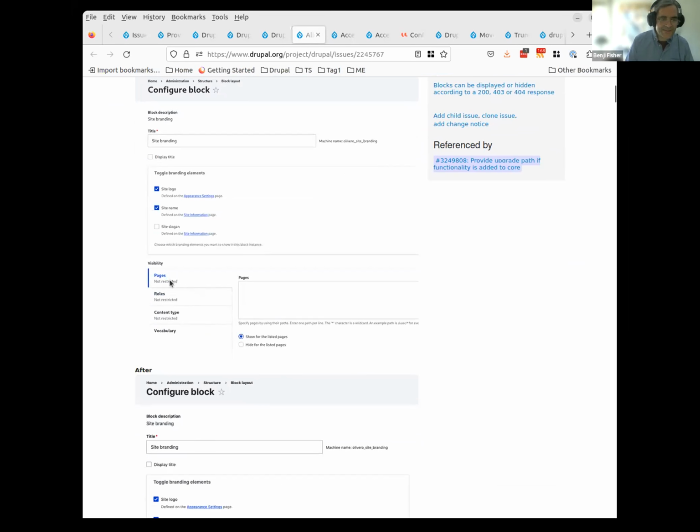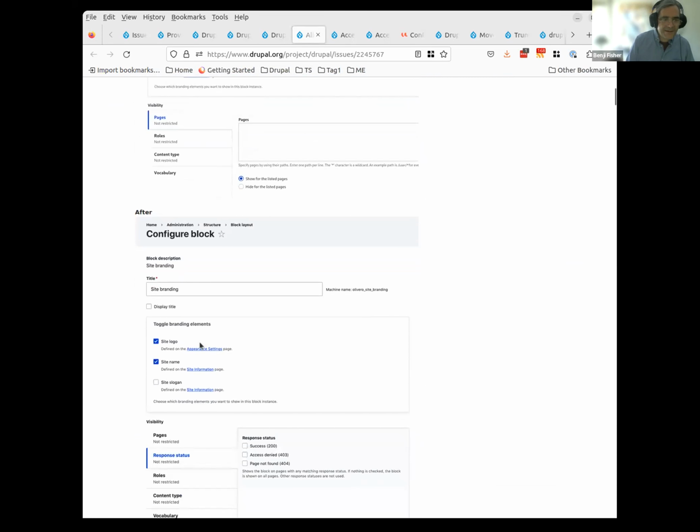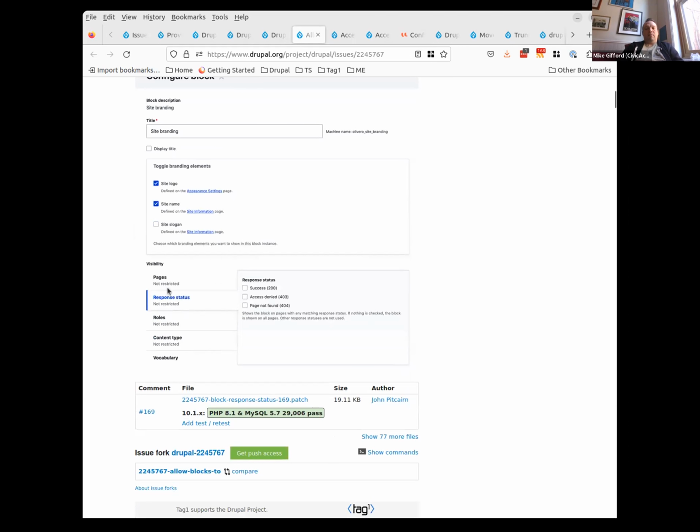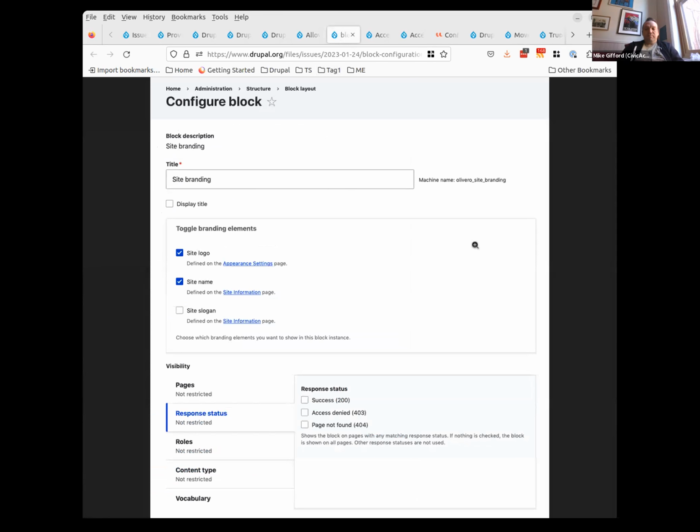And the proposal is, in addition to pages, roles, content type, and vocabulary, adding a new vertical tab for response status with checkboxes here. And maybe I'll open the image in a separate tab. It's just a screenshot,